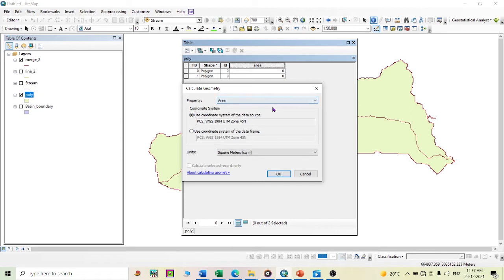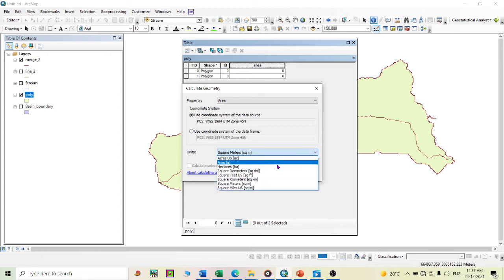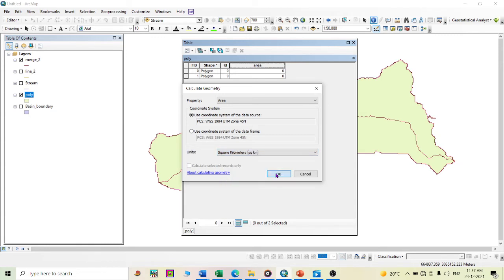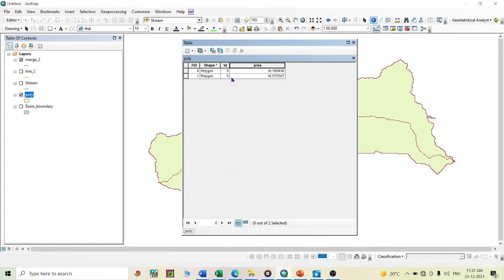Area is automatically selected, and the unit you can choose is whatever you need. Here I choose square kilometer and OK. So the area is also done.